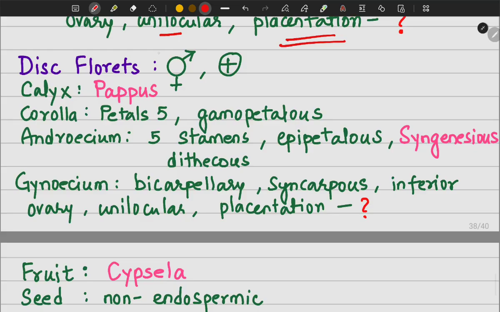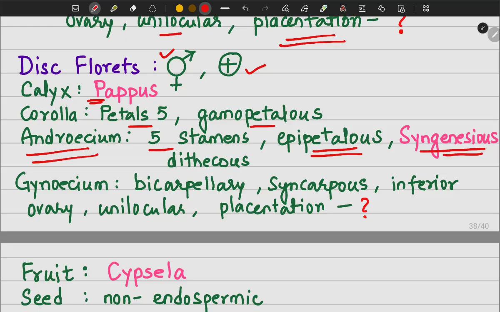Disc florets have bisexual flowers and they are actinomorphic. Calyx is pappus, just like in ray florets. And the rest of the characters are also similar, except that the disc florets have androecium. So the corolla petals will be 5 and fused. Now here, since androecium is present, there are 5 stamens because the flower is pentamerous. Now the stamens are epipetalous, they are fused with the corolla, and the stamens are